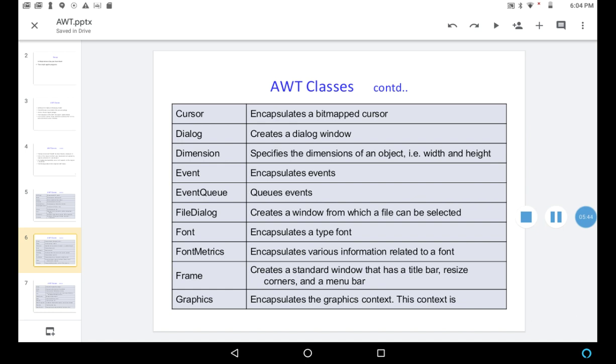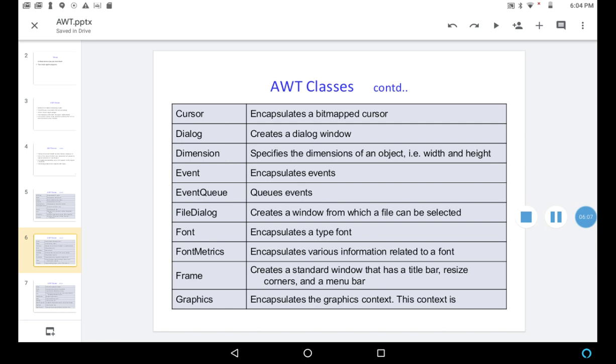Font encapsulates a type of font. Font metrics class encapsulates various information related to a font. Frame class creates a standard window that has a title bar, resize corners, and a menu bar.